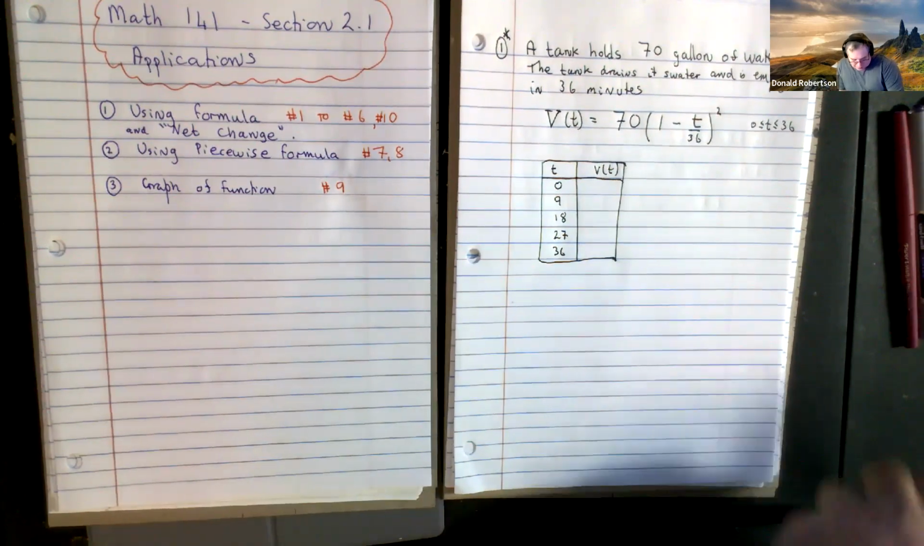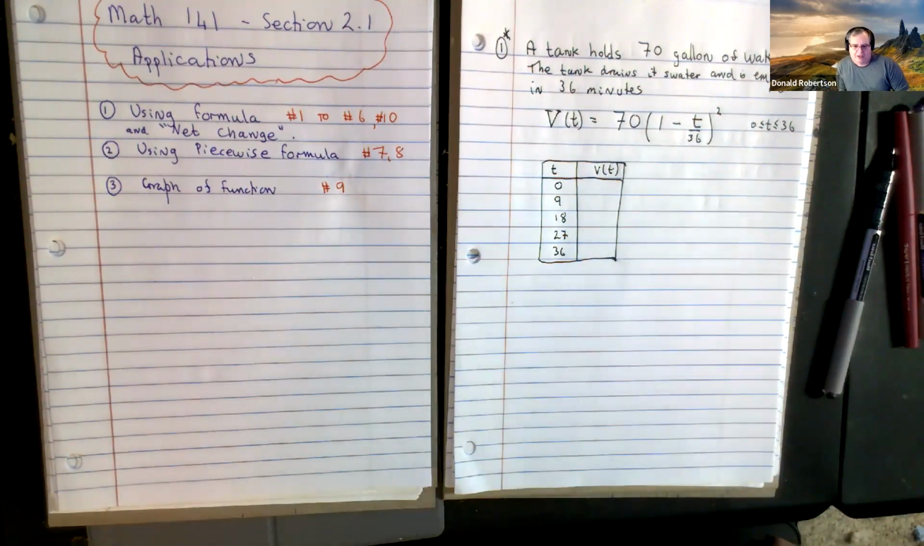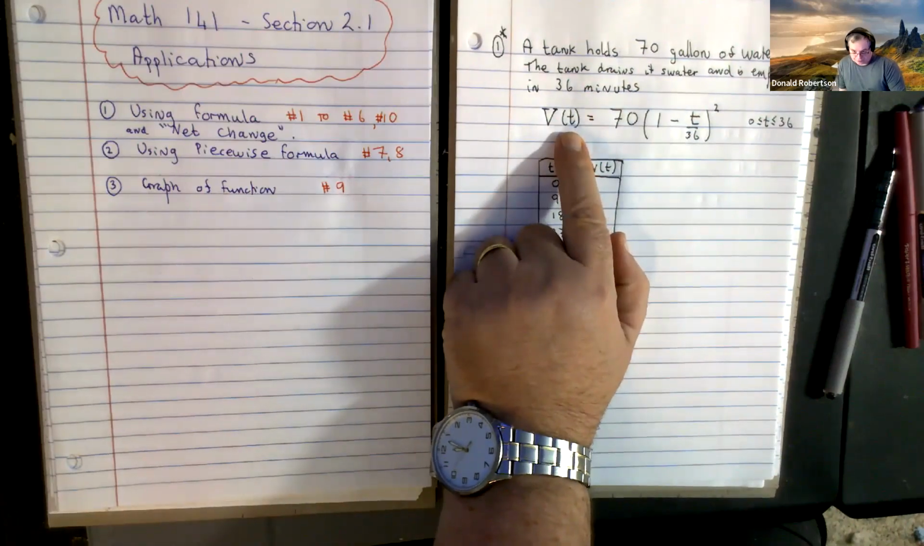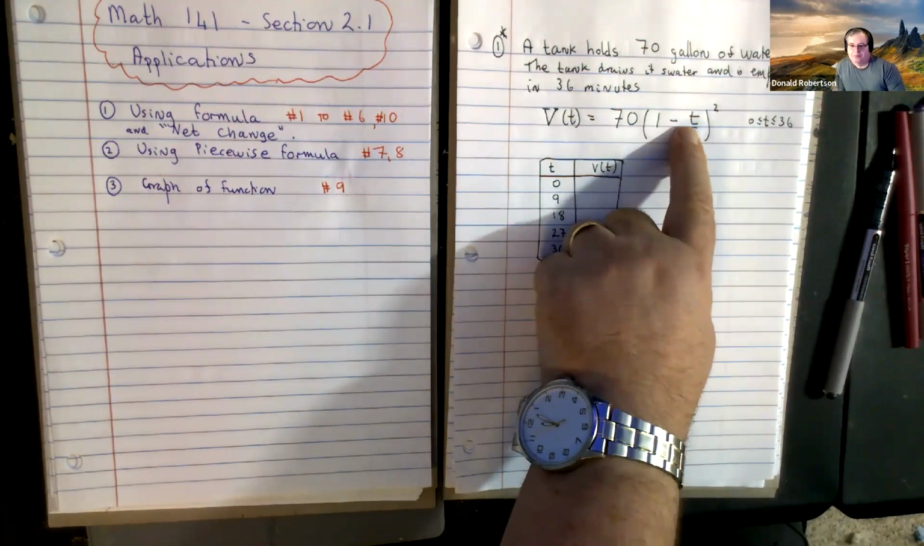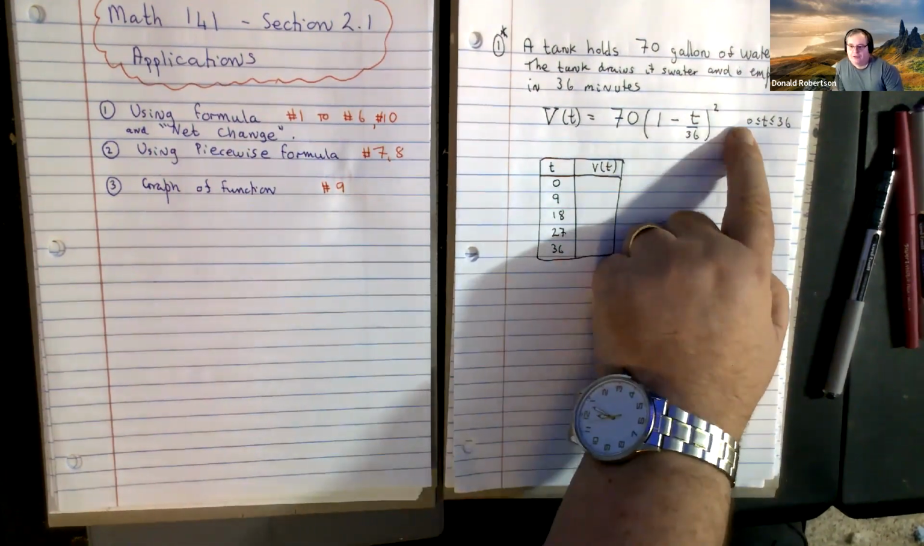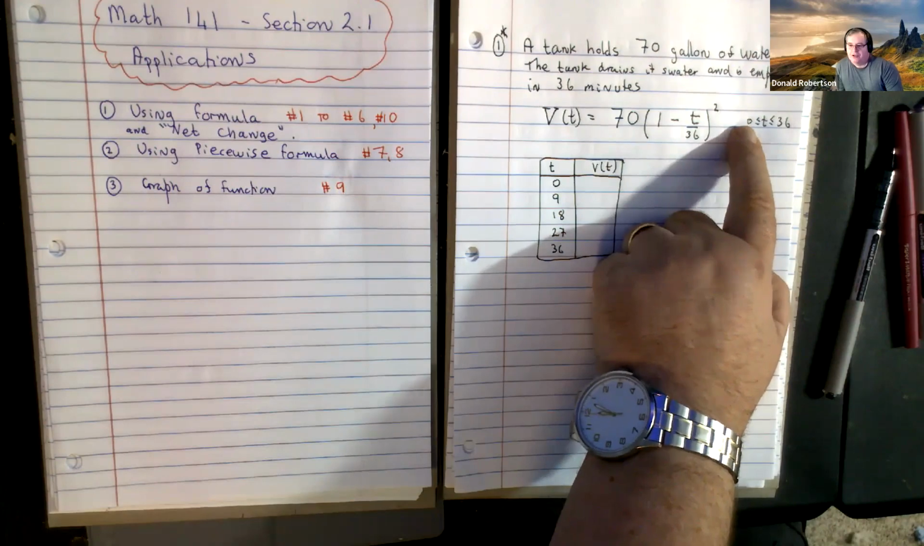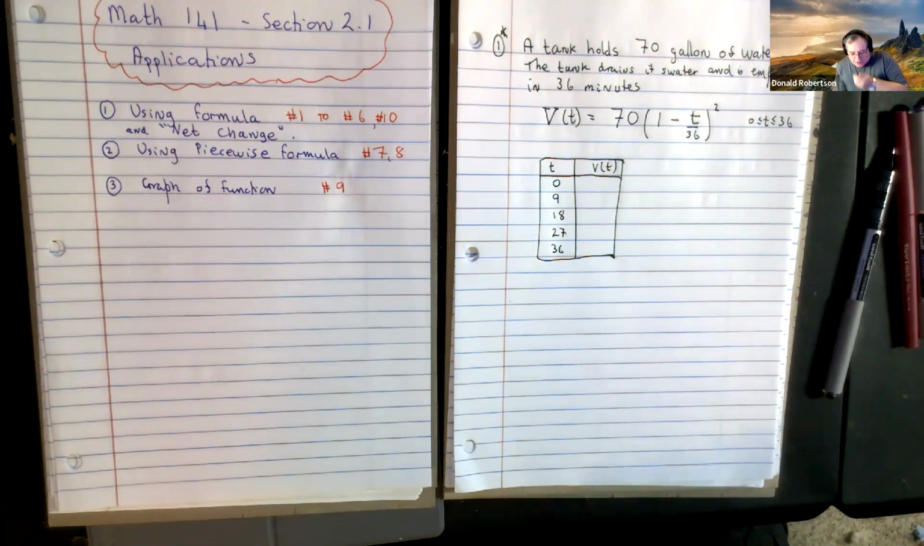Section 2.1, which are some application questions. Essentially, what you're going to be given are formulas, and they're going to be written in function notation. The variable here is t, as you can see. t is only going to be usable in the range 0 to 36